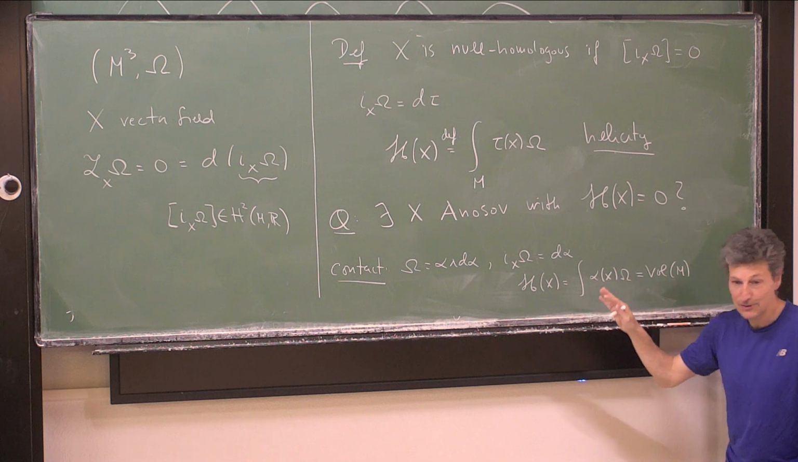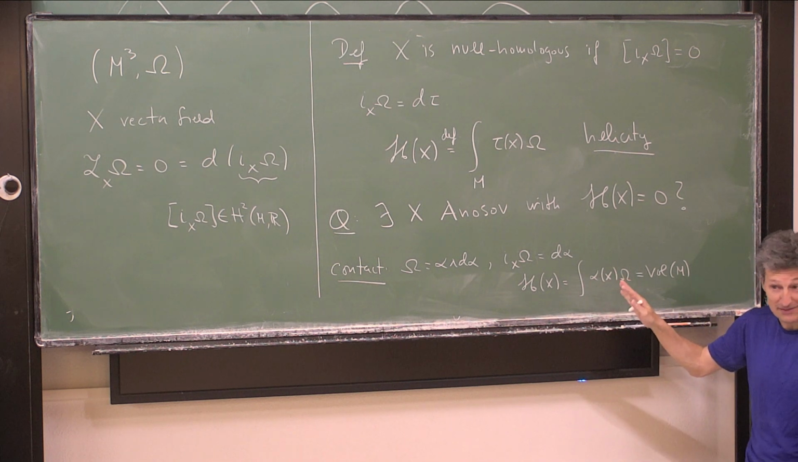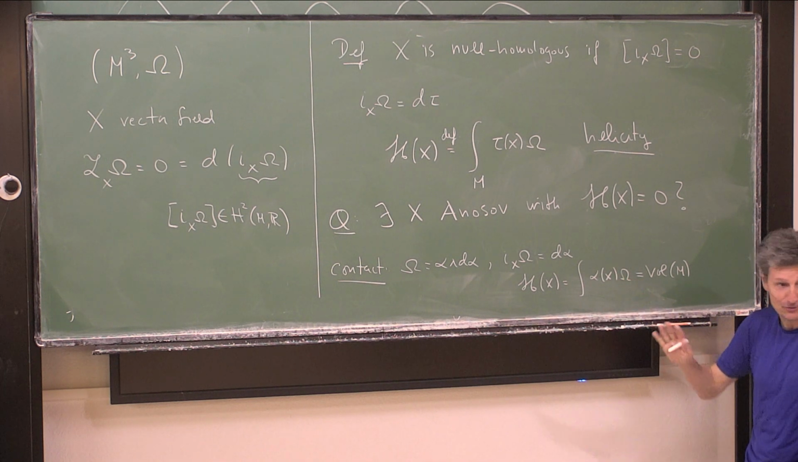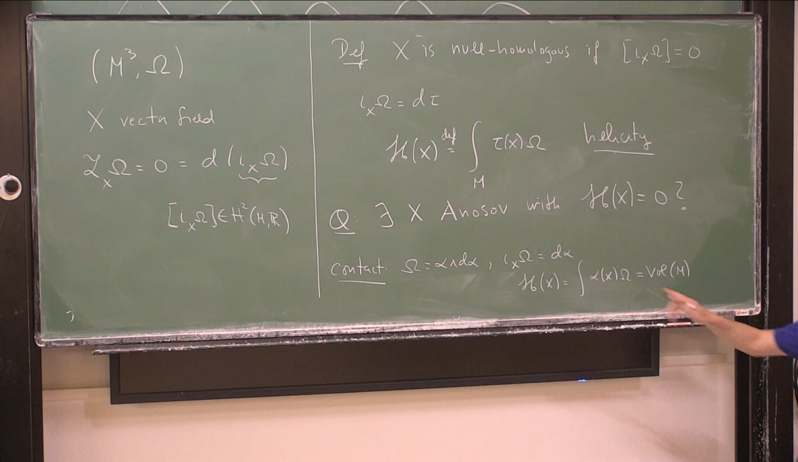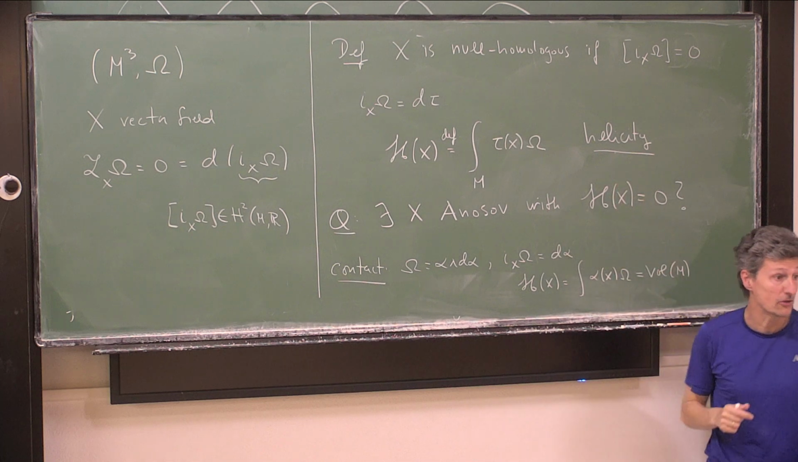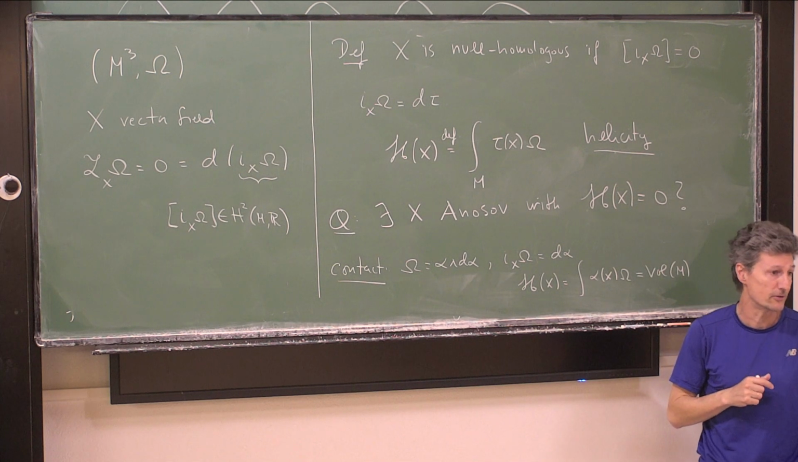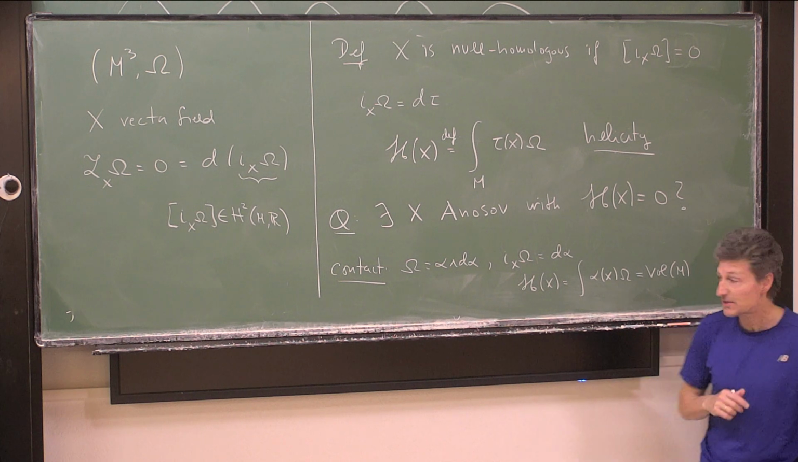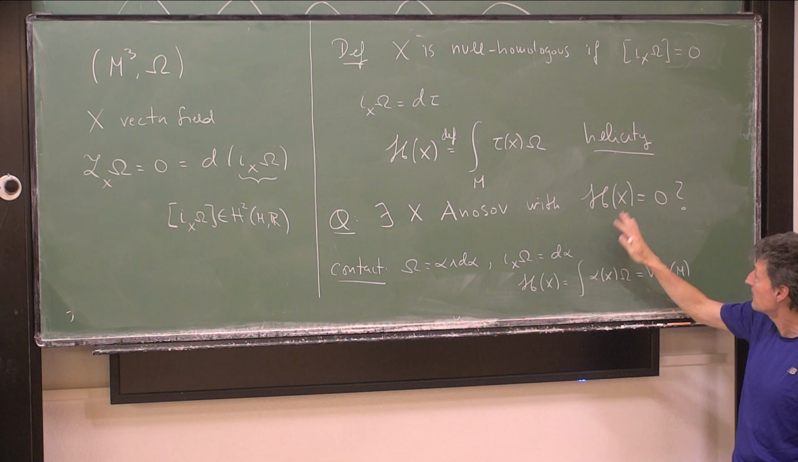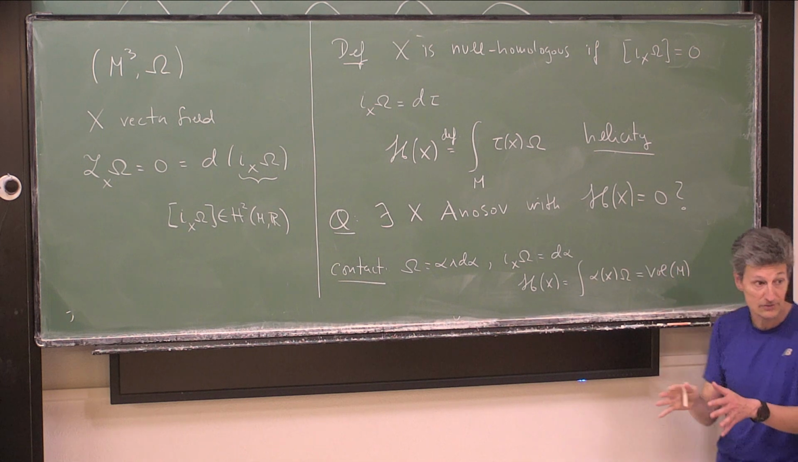You might be wondering, do you know an example of something with zero helicity? And if it's a suspension, what happens? A suspension will never be null homologous, so that rules out suspensions. So you want to be in this realm of something close to something contact, but